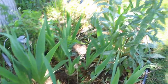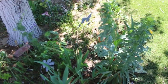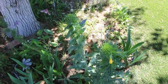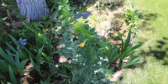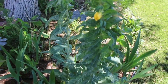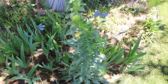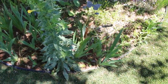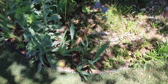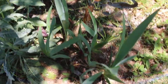Now this bed is empty when there's no crocosmia, so I want to find something that can grow in the wintertime that is an annual, so the room is not bare. Then I have the evening primrose. This is a great herb. However, they produce a ton of seed and just go everywhere. Pollinators love these. I personally think I'm going to remove them. They are slightly fragrant, but they don't make good cut flowers. I'm going to remove these and plant something else in here probably next year once this is done, harvesting seeds